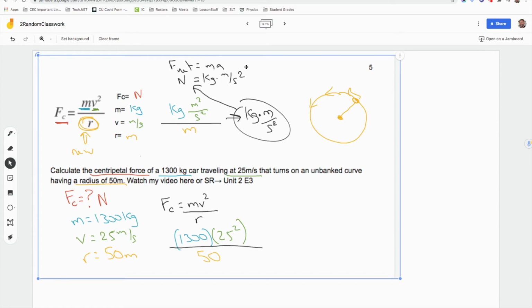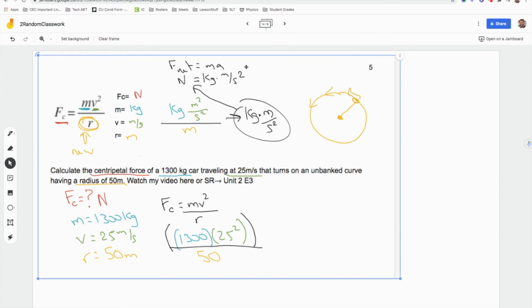So this is a big force. That's why we typically do things in kilonewtons a lot of times, because the newtons get pretty big pretty quickly. Now, just to make sure I don't have a calculator error, do the top first. If you want to just do the top first to make sure you don't make this error, I just do 1,300 times 25 squared